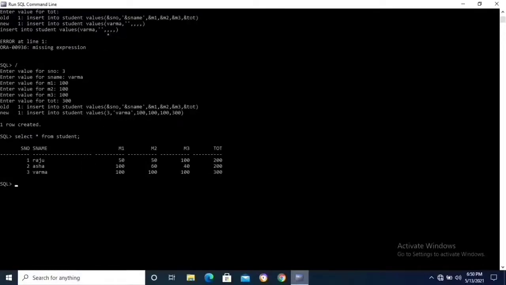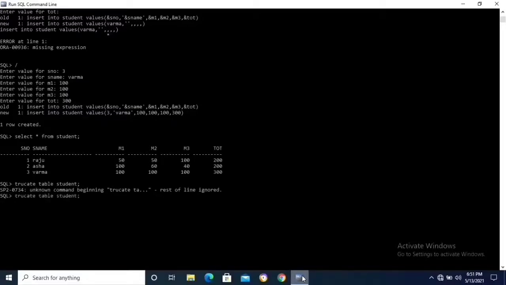Next, truncate command. Truncate command is used to delete the data permanently. Only the data is deleted permanently. The command is truncate table, table name is student. Semicolon. Enter.